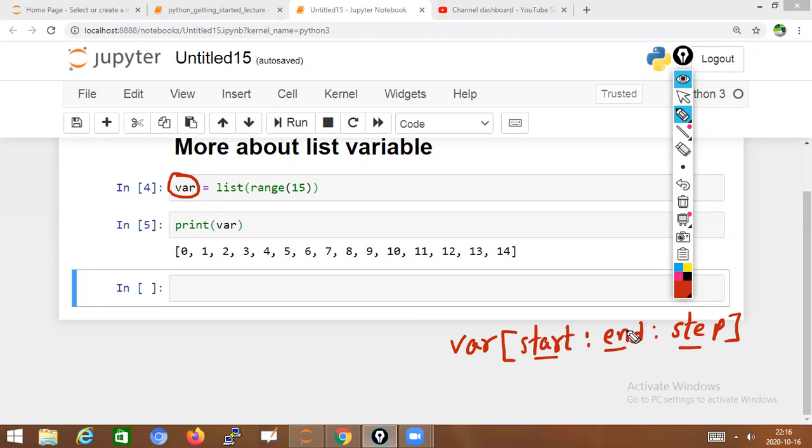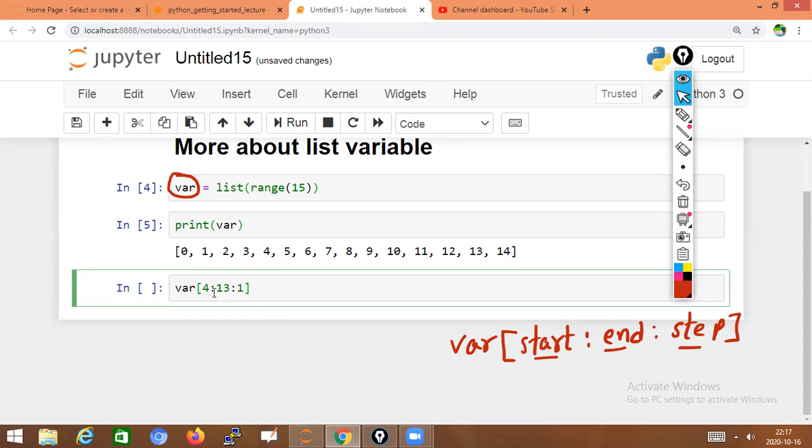We will check it by using one example. For example, var, then start: I'm starting from 4, then colon, end: I want it to end at, assume, 13. Step I'm putting as value 1.